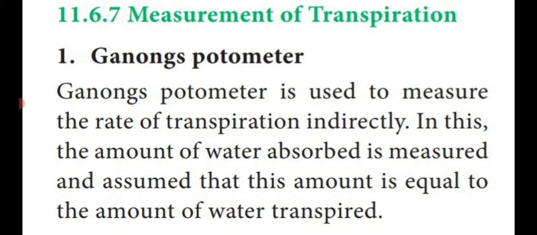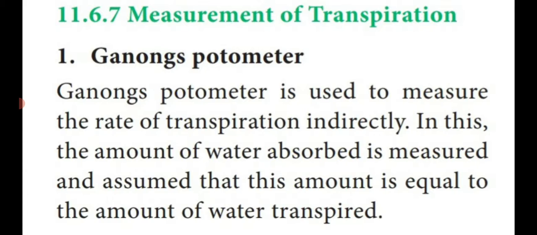An antitranspirant means a chemical substance or gas which reduces the rate of transpiration. Carbon dioxide is also one of the factors which reduce transpiration. Likewise, there are some chemical substances we spray on the surface of the foliar parts of plants which reduce the rate of transpiration. So these are all the topics we have seen in the previous video class.